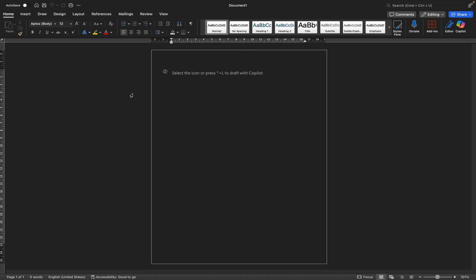Now there is one important feature that has been added in this version of Word, which is the 365, the 2021 version. You have dictation here. There is also the Copilot, which we will talk about in a moment. Dictation here helps you to just type. You simply click on dictation and then you can say things and they are written. For example,